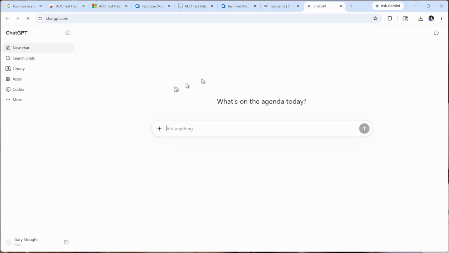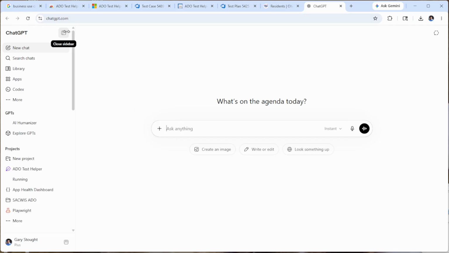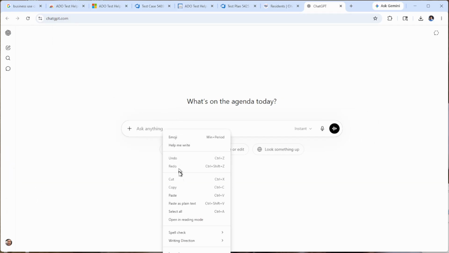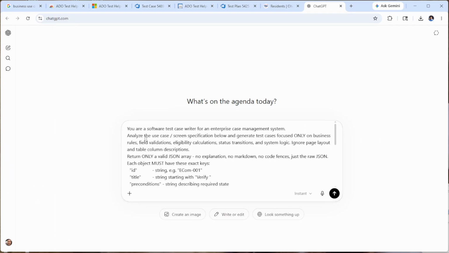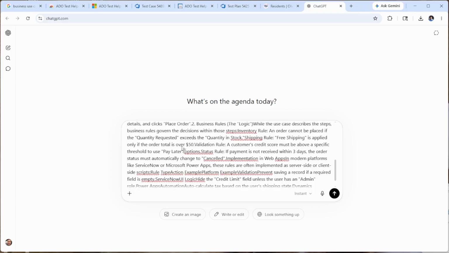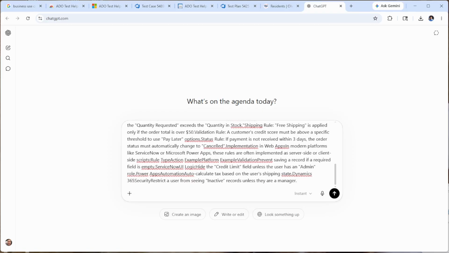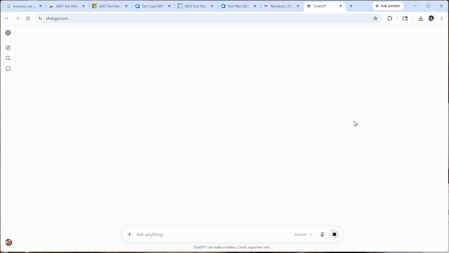It opens GPT. All I'm going to do is paste in here, and it says the advanced prompt. You don't have to read it, you can, but it just tells it how to make a specific JSON file that you're going to paste back in there to upload to ADO, and I'll show you what it does. So it says make a prompt, here's the use case, make me some test cases. So I click that,